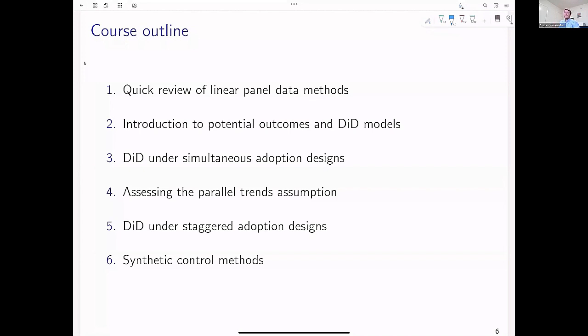Next, in part 5, we're going to move on to diff-in-diff under what we call staggered adoption designs. As I mentioned before, staggered adoption designs are designs in which different units get treatment at different times. Okay, so if you think about this, say, the influx of refugees in different counties,